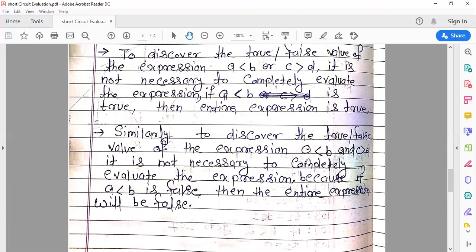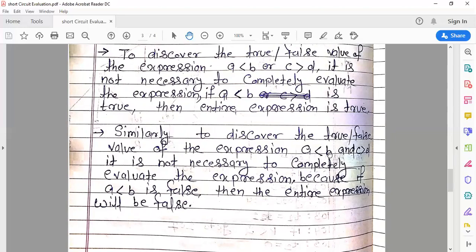If this statement is false, it means the whole statement is false. So we need not evaluate c greater than d, because false and true gives false. But if a less than b is true, then in the case of AND, the second expression must be true, and then we can get the final answer true.